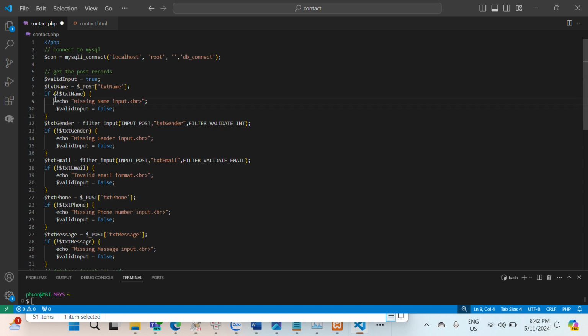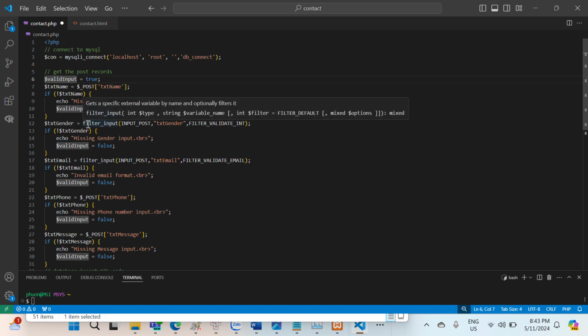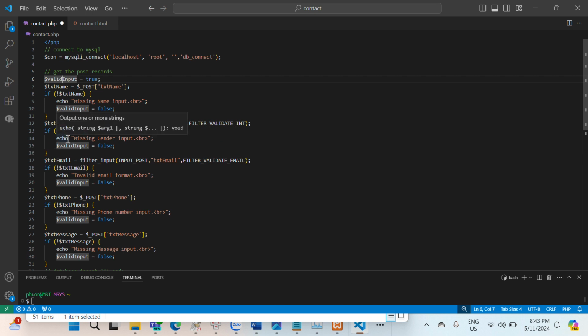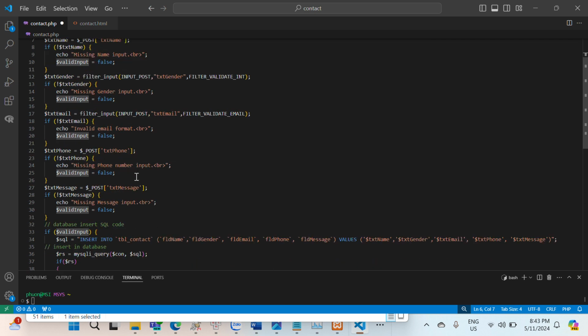After getting the post records, I also added the filter input to validate the data of users filling the form, and I also added a valid input field. The valid input field is to check if all of the fields are filled in, and to check if some of the fields have the right input format. For example, for gender, the user must choose one of the two options. And for email,